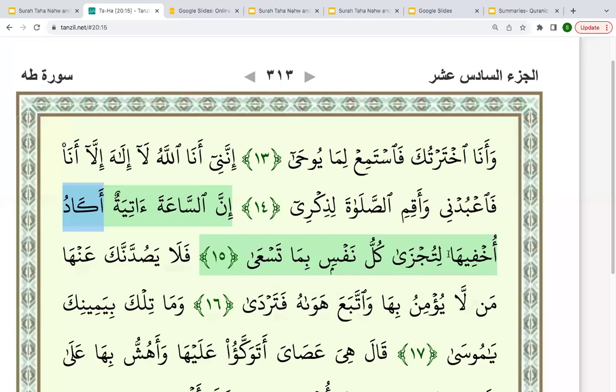Then we have covered that li tujza, we can connect it to ukhfiha, and also we can connect it to the main sentence: inna sa'ata atiyatun li tujza kullu nafsin bima tas'a. So when you look at the sentence itself, there was a ma here that we had not covered in our previous sessions, and I want you to pay attention to this ma. If you have to pick, what are the two options that come to your mind when you see bima tas'a? There may be many, but from the whole family of ma, which one do you want to pick? Sister Faiza says that it should be either ma masdariya or ma mausula.